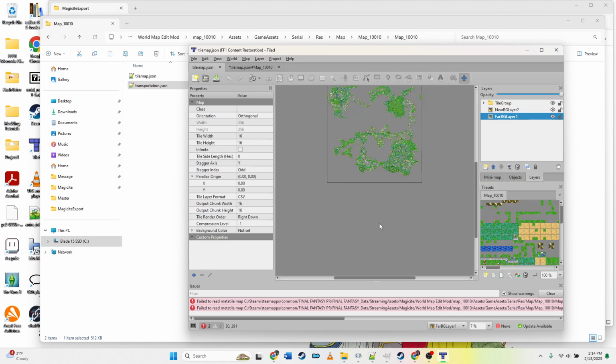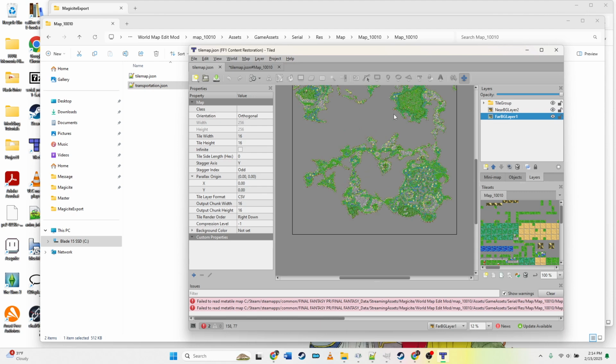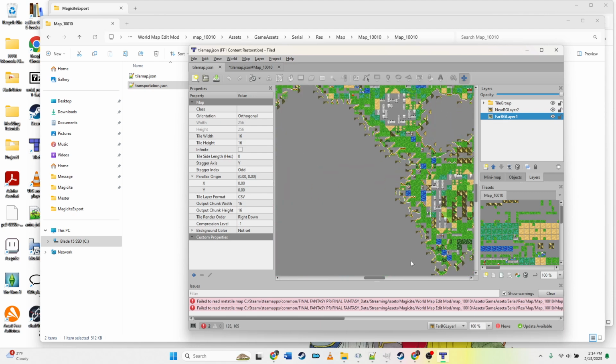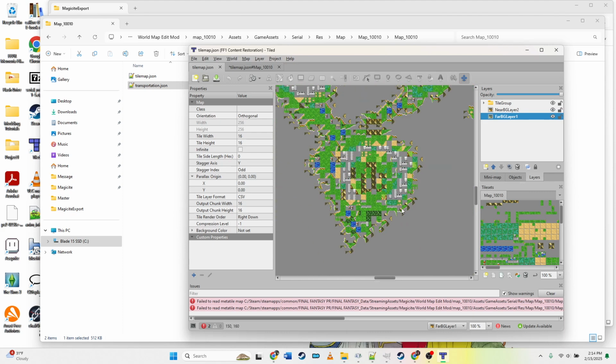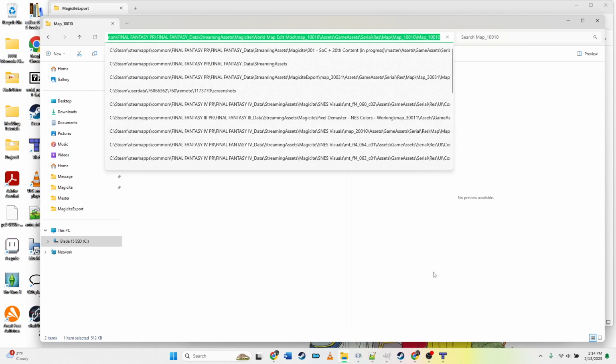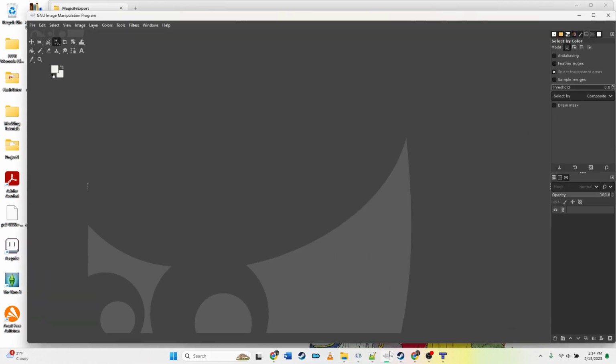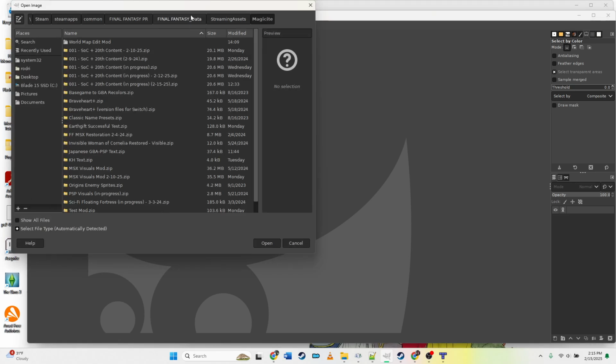Now we look at our world map, and the shapes look right, but something looks a little off. We may be able to find what the problem is if we zoom in. And everything looks really messed up. The problem is that for some reason, the Final Fantasy Pixel Remaster takes the map tile set and has it upside down. It needs to be upside down for use in the game, but it needs to be right side up to work in Tiled. So what we're going to do is open specifically the file,